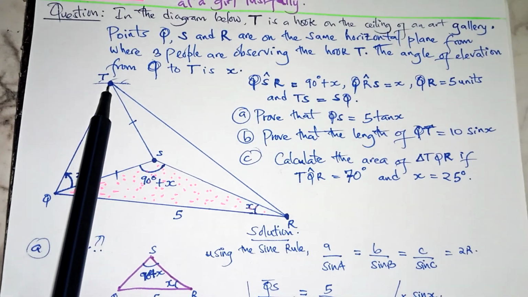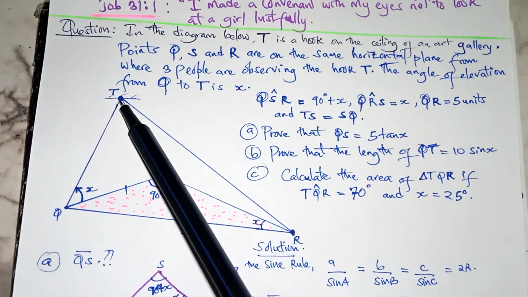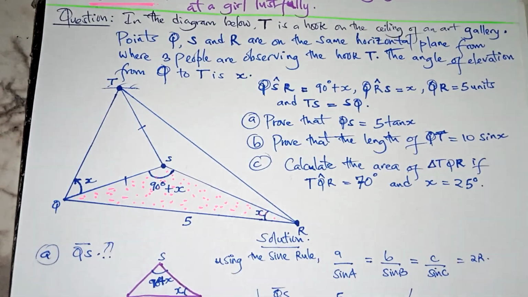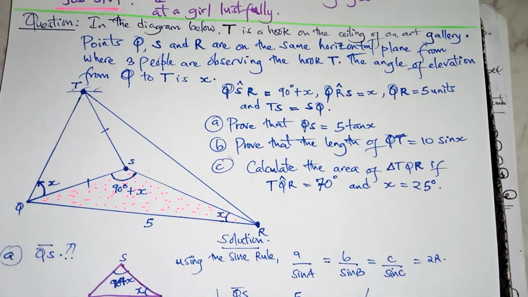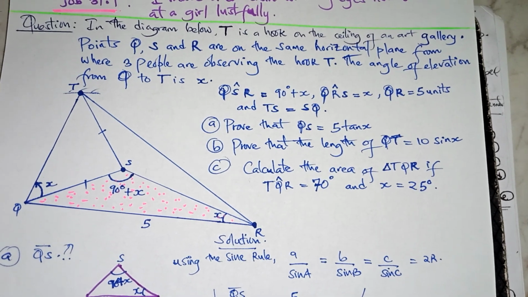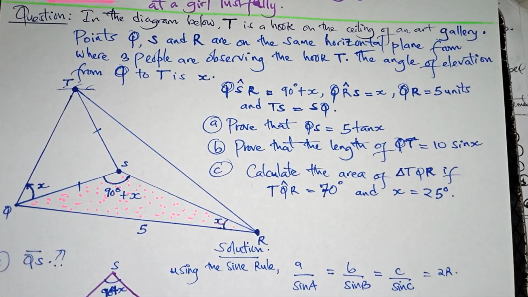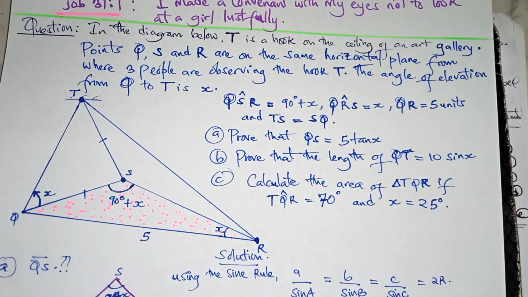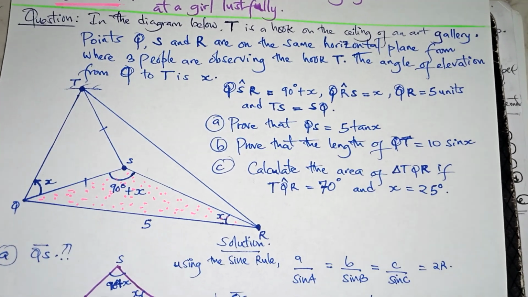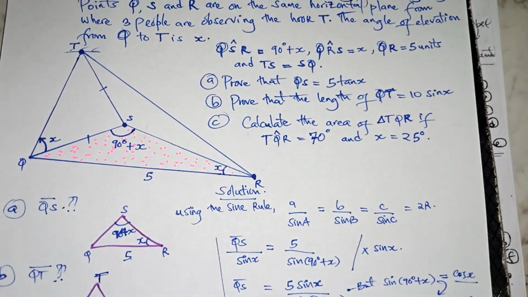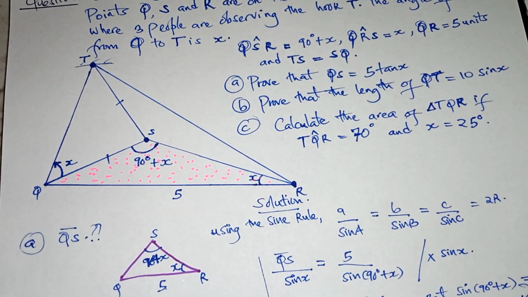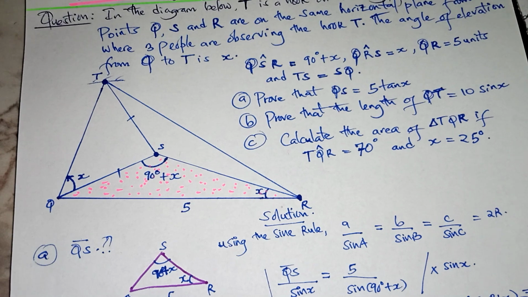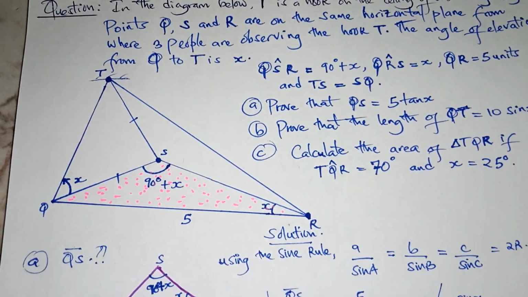QT. What are we going to use, guys? Let us use this lovely guy here, where this is x. This side and this side are equal, making this triangle a what? An isosceles triangle, whereby if this side is equal to this side, then this angle is equal to this angle. Yes. Therefore,